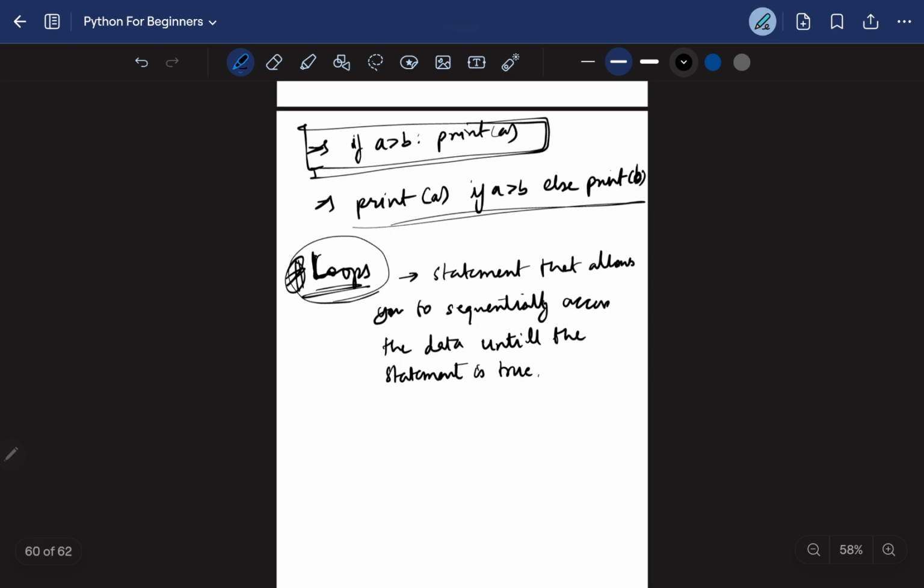Okay, so if I have this set of data 1 2 3 4 5 6 in programming language,